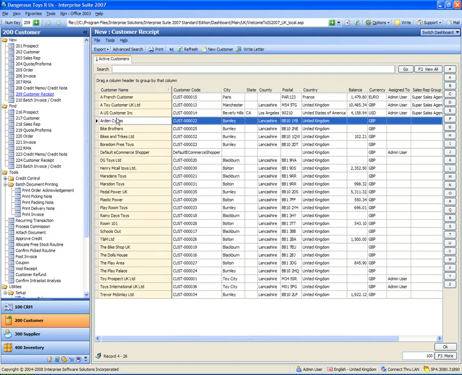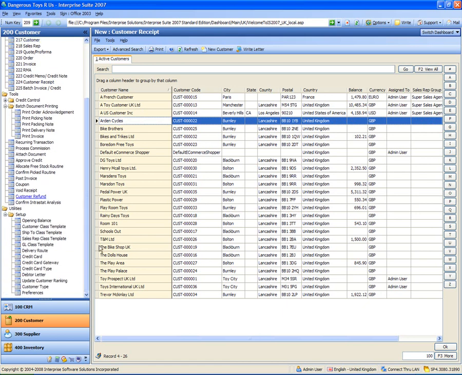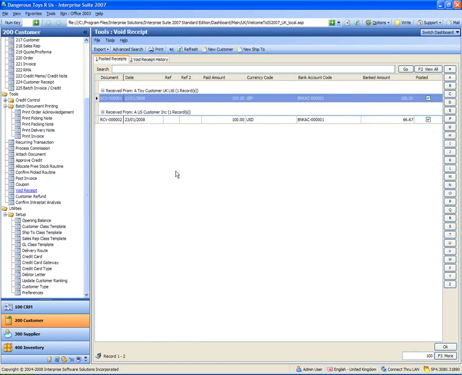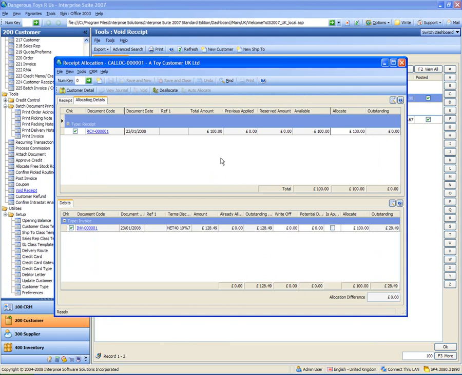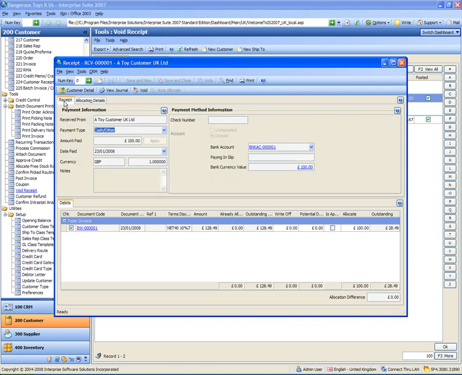Okay, next thing we're going to do is void a receipt. So if we go down the bottom under tools, we've got a void receipt option here, and we can select from any posted receipt. So we're going to choose receipt number 1, which was the one for £100. So let's assume they sent us a check and maybe the check bounced, so we need to create the void receipt. So if we go into the receipt tab, use the void button on the toolbar,